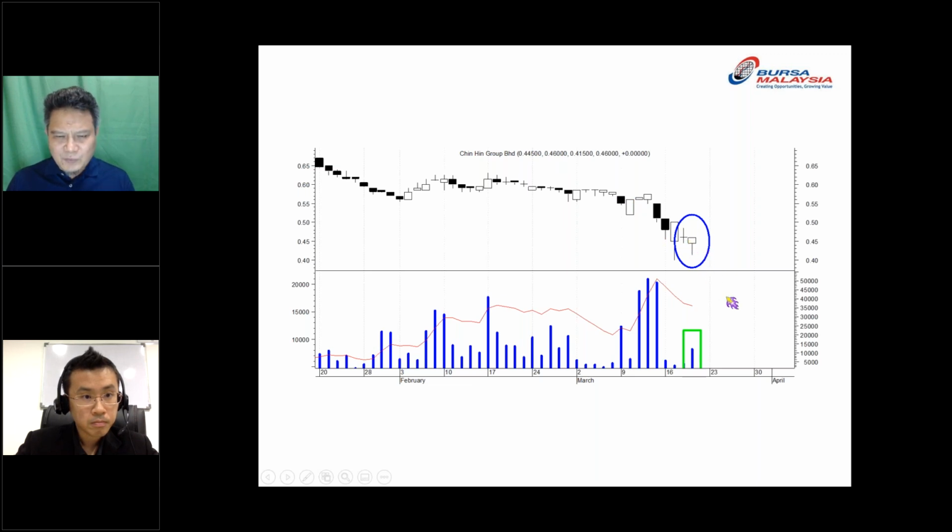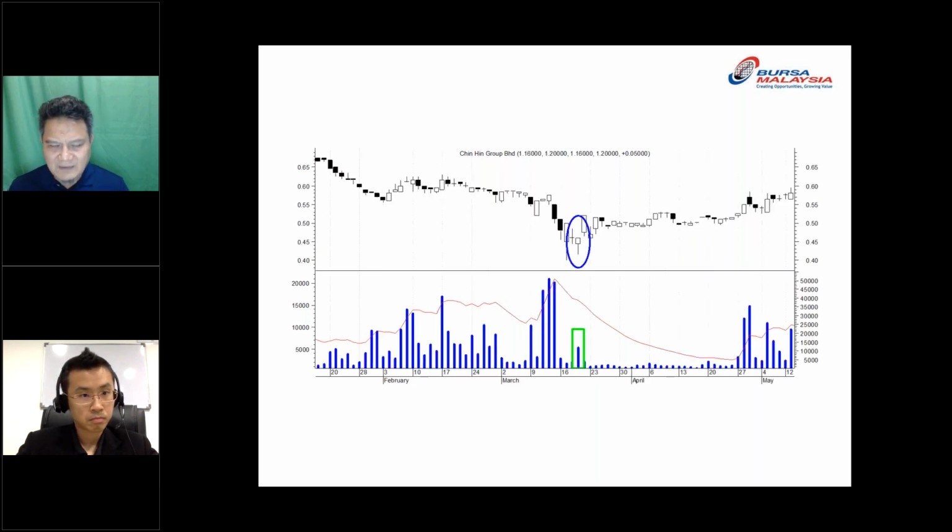One of the ways that you can read whether this is going to be a reversal or not is to look at the volume. The volume is higher than the previous day. That is one of the indicators showing that there is going to be a reversal. So the confirmation is the next candle. You can see that the next candle moves up, and after that all the way up. Okay.